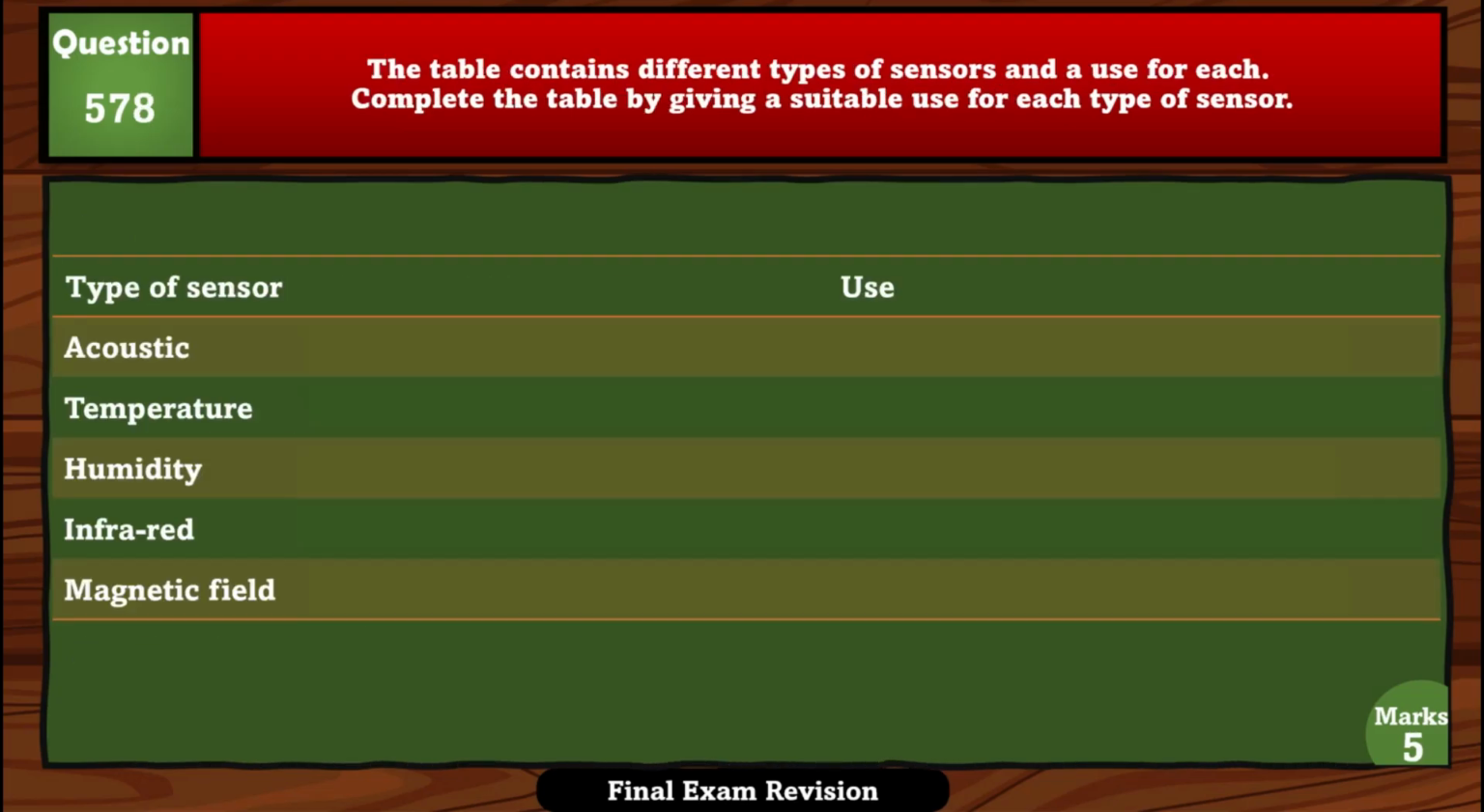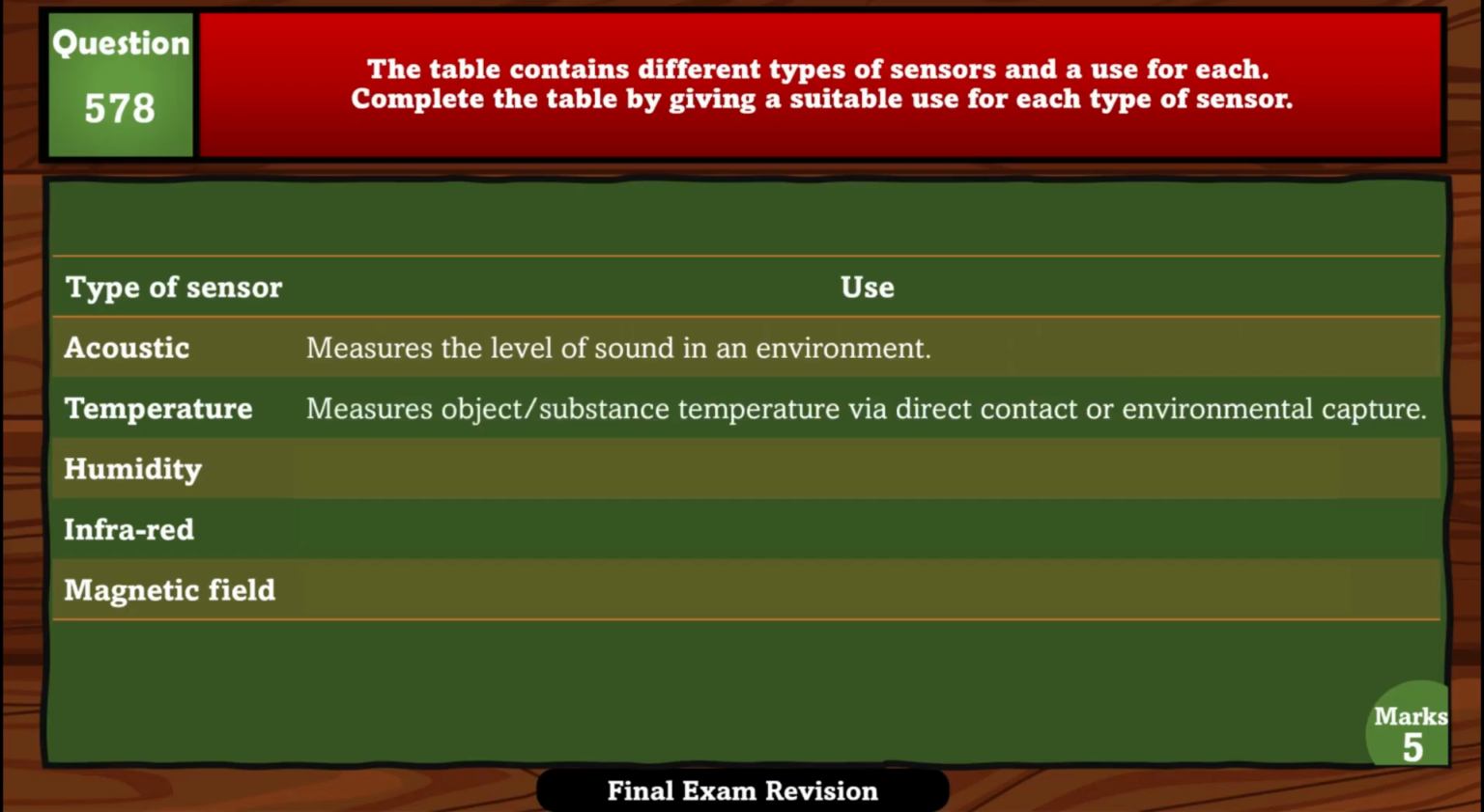Question 578. The table contains different types of sensor and use for each. Complete the table by giving a suitable use for each type of sensor. Acoustic sensor measures the level of sound in an environment. Temperature sensor measures the object or substance temperature via direct contact or environmental capture. Humidity sensor measures the level of moisture